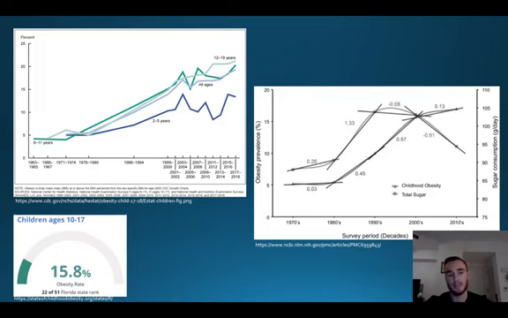It did take a slight downward trend in the 1970s before it started to skyrocket there all the way until present day. So now if you look at it, the obesity rate in the U.S. as a population for 12 to 19-year-olds is over 20% of children. That's crazy. The good news is for Florida, the national is actually a little bit higher. However, that doesn't mean we can't improve that number, one for the country, but two for Florida, and help our kids down here in Florida to become healthier and avoid childhood obesity.